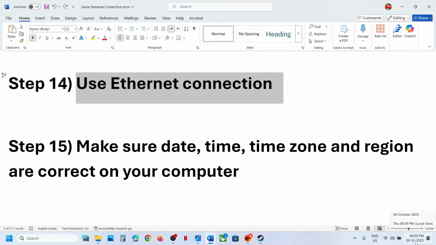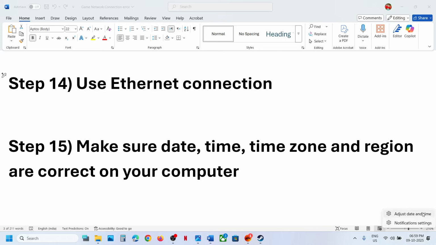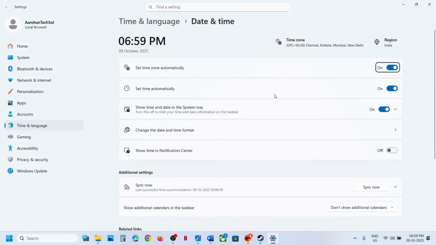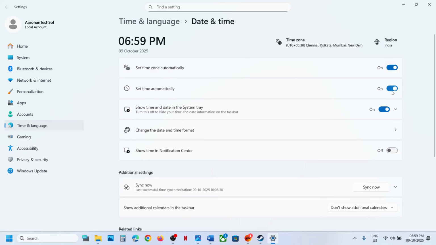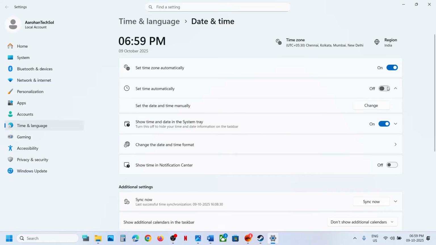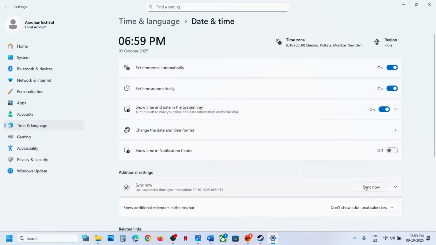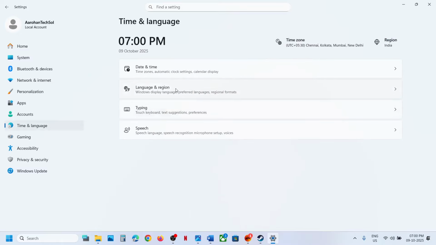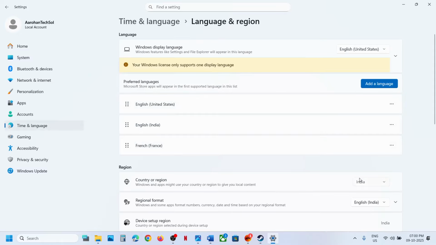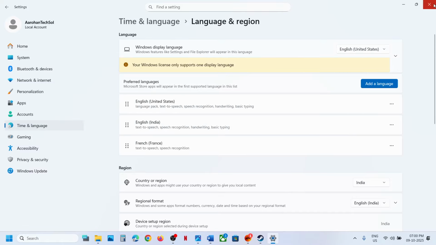So at the bottom right here you can see the date and time. Make a right click on date and time, click on adjust date and time, and then make sure set time zone automatically is on. If this is off, turn it on. Also set time automatically. If this is off, turn it on, and then click on sync now. Sync now is important. And if you receive any error in red color, just click on sync now multiple times. Once you see this tick over here, now go to time and language, language and region, and make sure your country is selected over here, and then